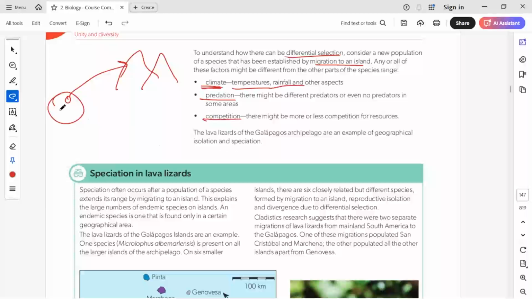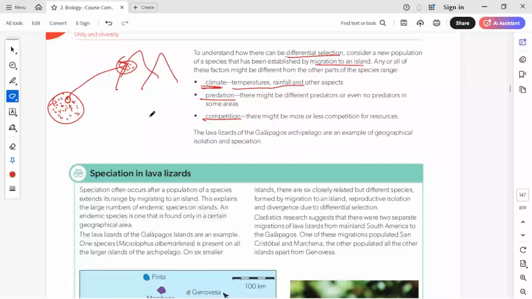Competition might be different. Here there were a lot of individuals in the same group, the same population, so they had competition for food. If this organism moves to a new area, say 3, 4, 5 organisms of the same species have moved, they will rapidly spread because there is an abundance of food here. There are better conditions, the temperature is better, but they might also have to tolerate adverse conditions in this area. There might be temperatures which are very, very low for them.